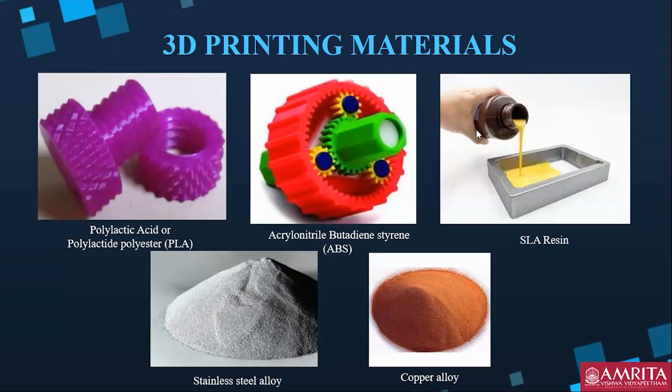The products formed from this resin, the SLA technology, are much smoother in finish. They have a much better finish compared to what we get with other technologies. We get highly finished products out of this resin. This is the flexible material. If you have to make some flexible part, you go for this resin. You have to go with stereolithography.